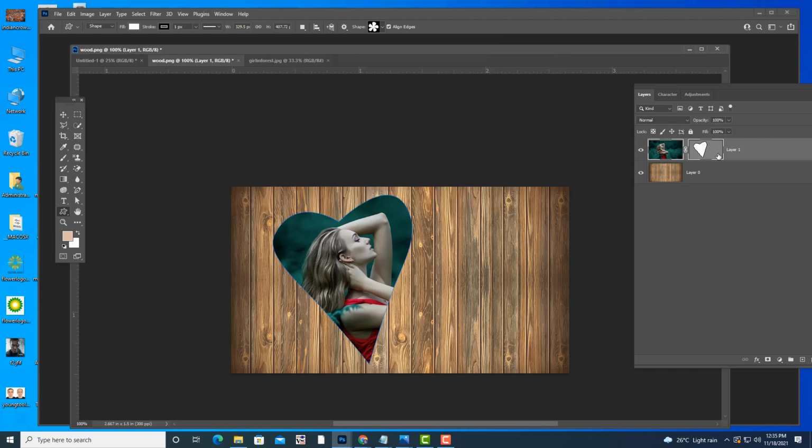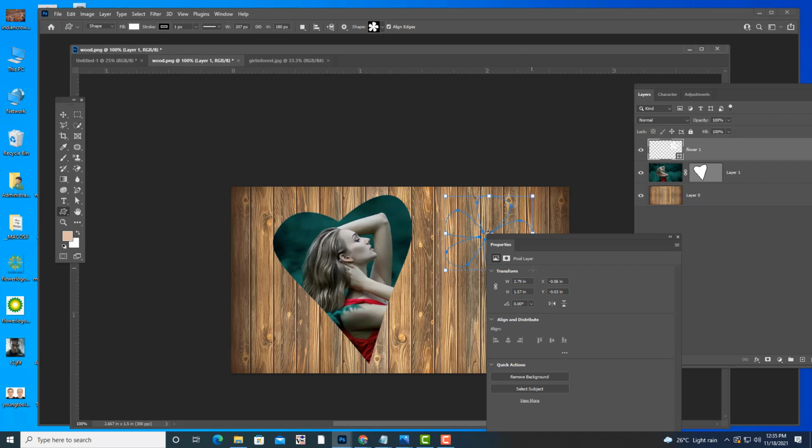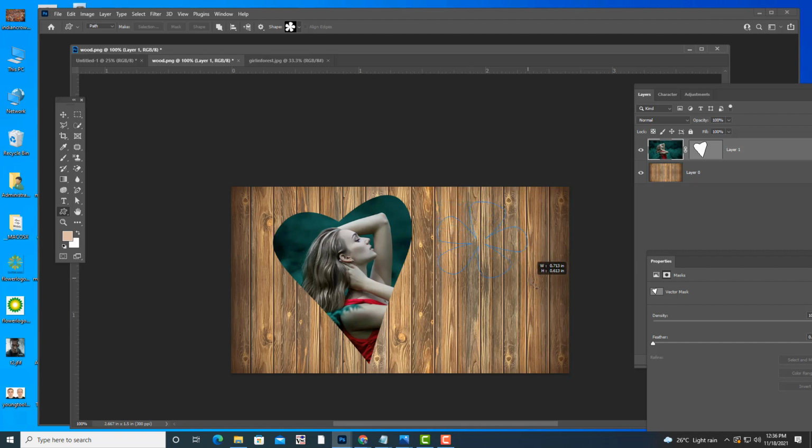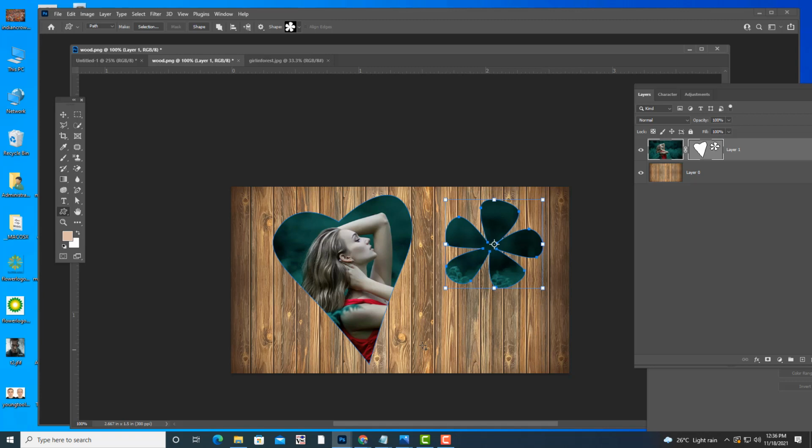But the most important thing is this thumbnail should be active. This vector mask thumbnail should be active. And now let us try to draw the other shapes. See, okay, it's not coming. Why? I will tell you, here the active option is what? Shape. So I'll turn it into path. And now we'll see. Still it is not coming. Okay, now it's coming. See?